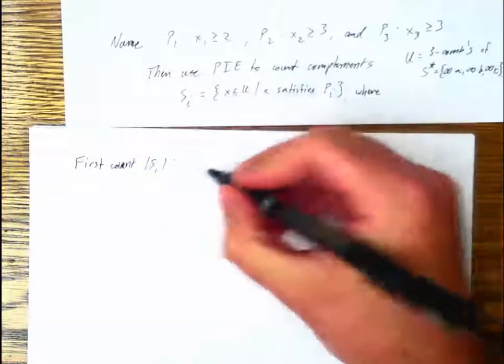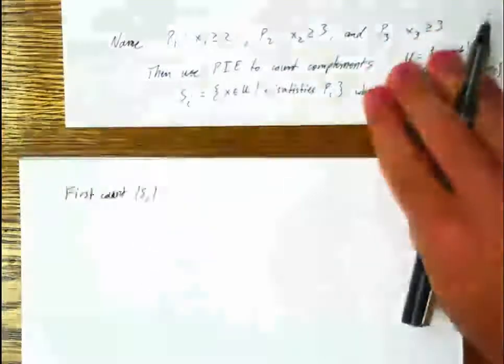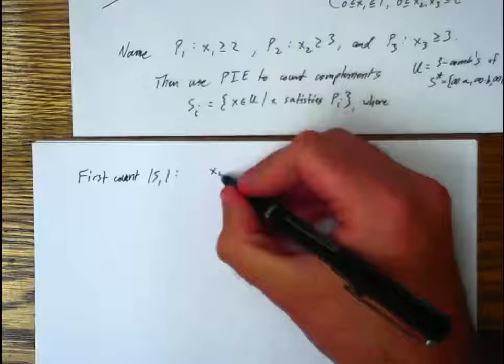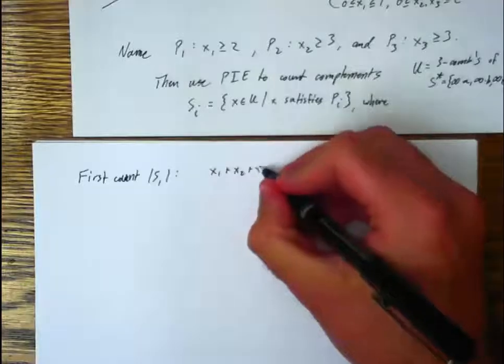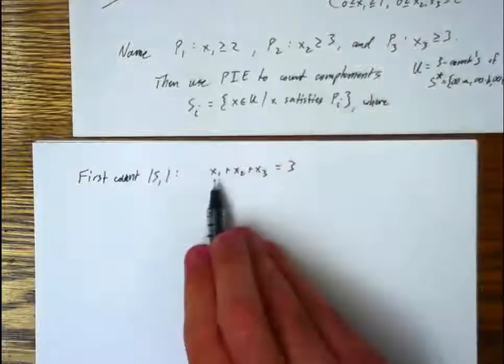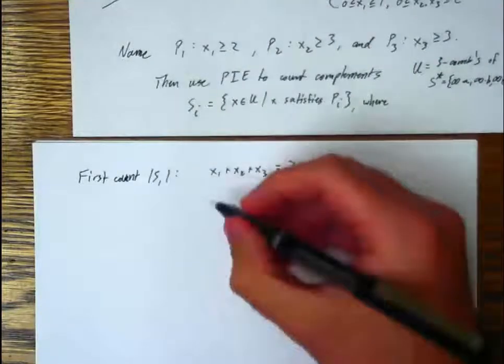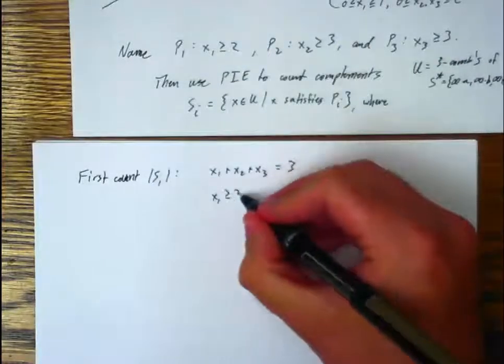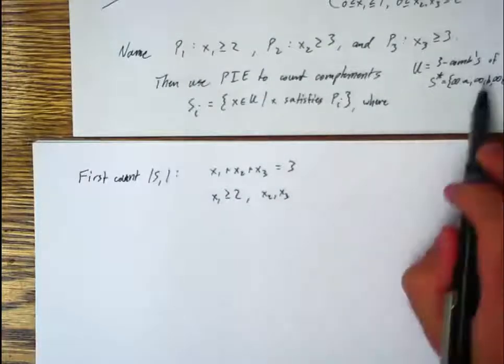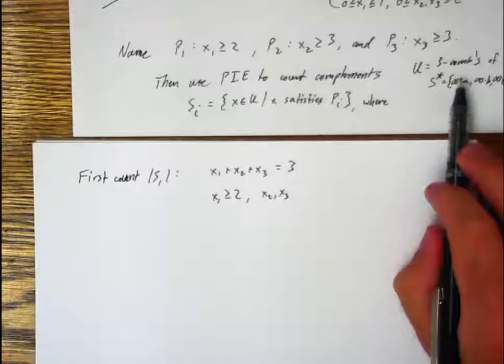S1. Now, S1, these are all the solutions, all the 3 combinations. So I'm looking at x1 plus x2 plus x3 such that they all equal 3. And I want to make sure that I satisfy property 1. So that's x1 has to be at least 2. But then x2 and x3, remember, I don't have any restrictions on these sets anymore because I'm not counting the